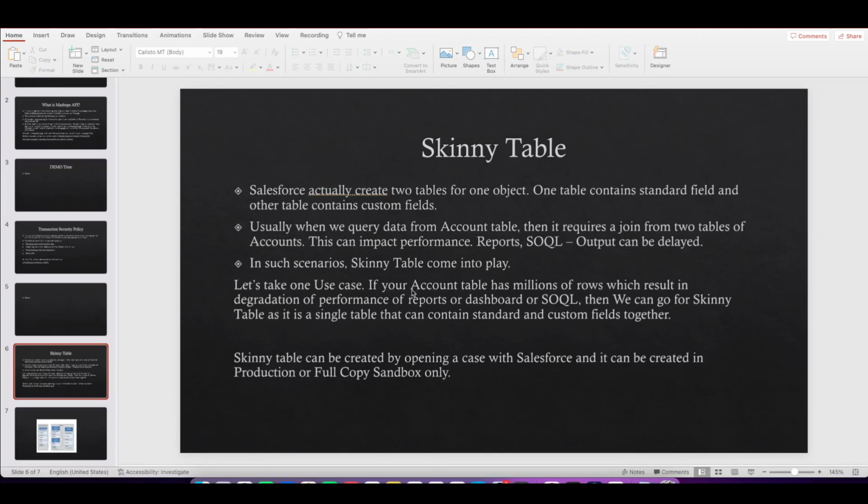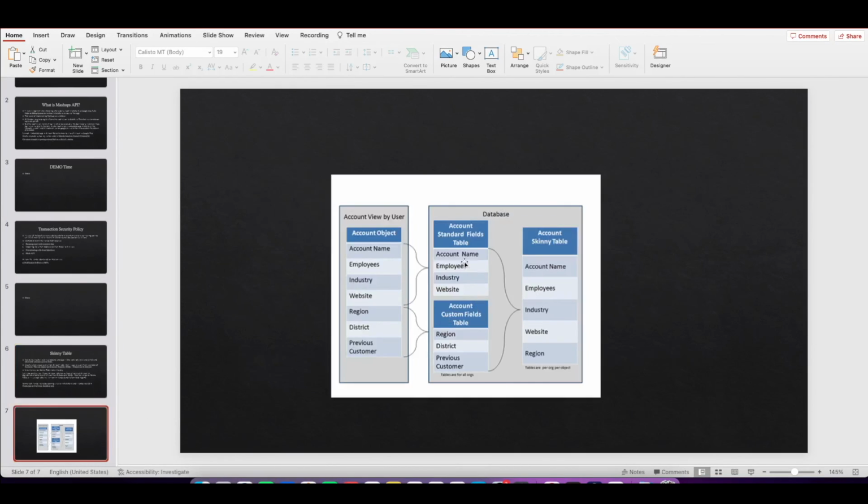So if you see the use case here, if your account table has millions of rows which result in degradation of performance of report or dashboard or SOQL, then we can go for a skinny table, as it is a single table that contains standard and custom fields together. A skinny table can be created by opening a case with Salesforce, and it can be created in production or full sandbox only. If you see this diagram, which I copied from a Salesforce developer guide, what it says is that,